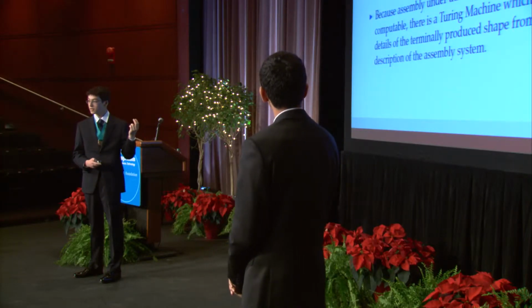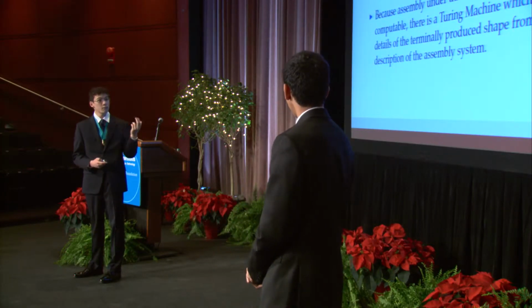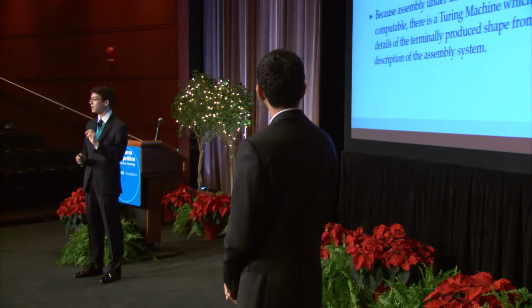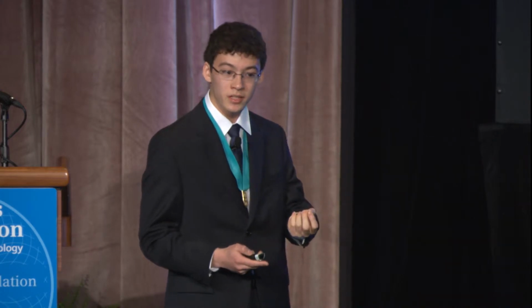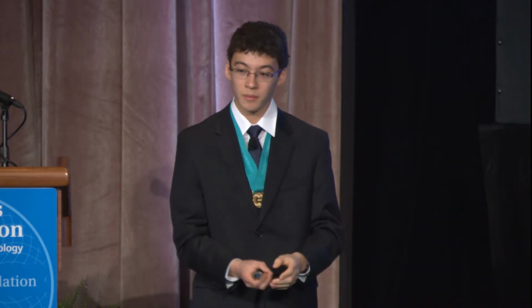The Kolmogorov complexity of a positive integer n is the minimum number of bits necessary to input into a universal Turing machine for it to output the number n. The reason this is relevant to our research is because since assembly under a model is both deterministic and computable, there's a Turing machine which inputs the details of an assembly system and outputs a description of the terminally produced